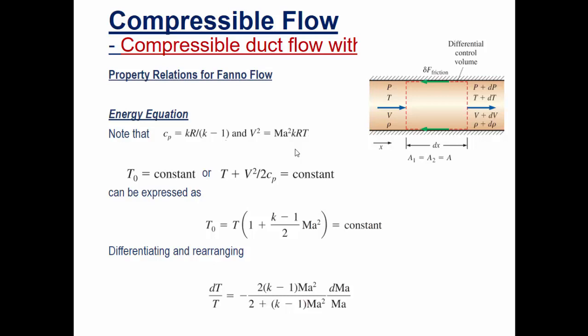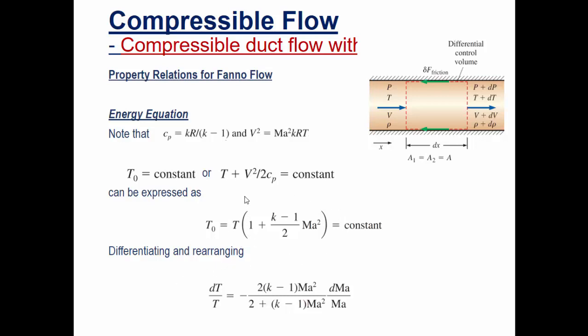And we know that the stagnation temperature is constant, or we can say that T plus V squared divided by 2Cp is also constant. Hence we can express the stagnation temperature in terms of the Mach number, which is also constant. And remember that we have developed this relationship previously in the previous topic, and we differentiate